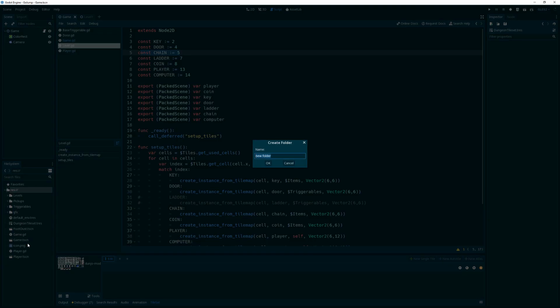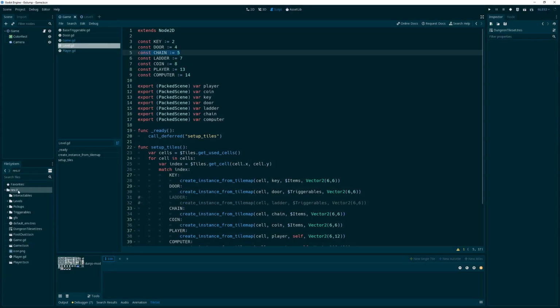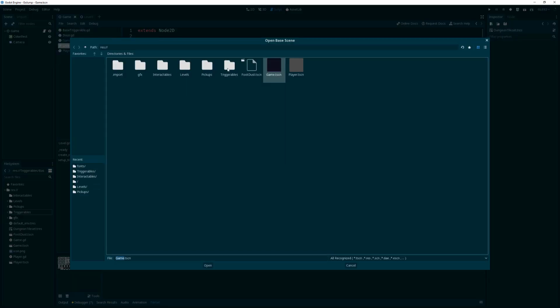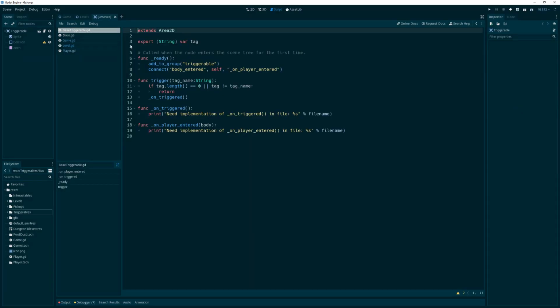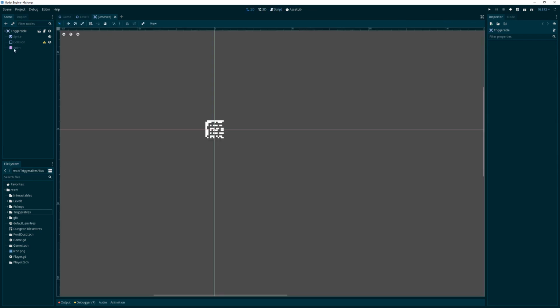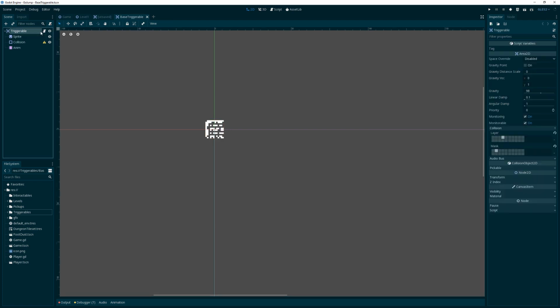and I want to call it interactables. I think we'll just call it that. And what I want to do is derive from this base triggerable, because we want that same kind of functionality. So I'm going to do a new inherited scene from the base triggerable, and that's right here. Let's go to that, and then I'm going to change that sprite, or actually what we could do is, instead of doing that,